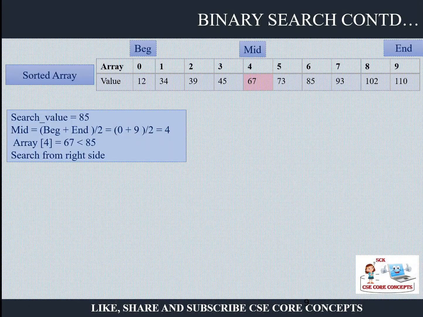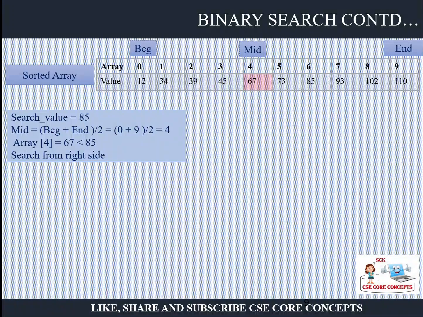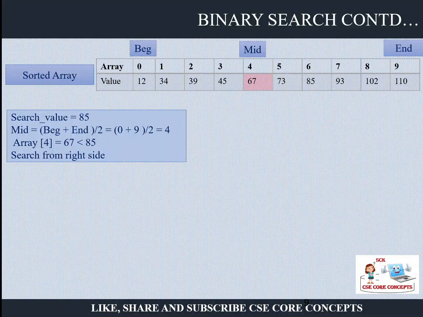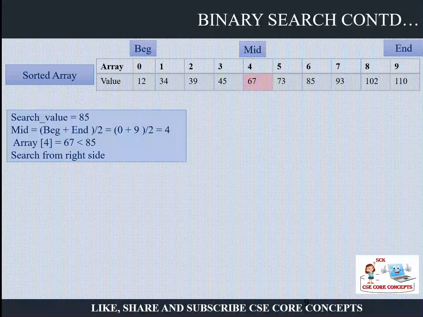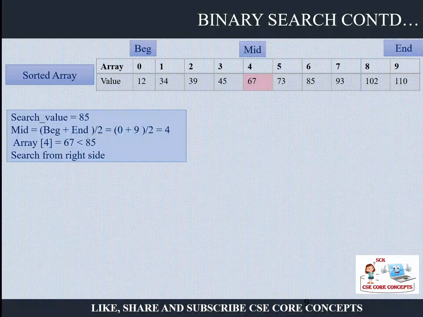Now compare what is your search value. You are looking for, let's say, value 85. Now you compare 85 with your middle element, that is your root element, right? So 85 is greater than 67 and I told you that in this list always the greater elements will be on the right side of the middle, and the smaller values will be on the left hand side. So your 67 is less than 85. That means the item which you are searching lies only on the right hand side. So no need to go to the left hand side now.